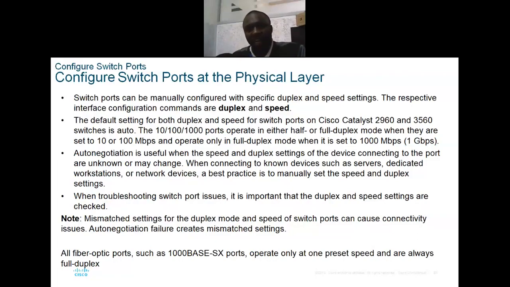Switch ports can be manually configured with specific duplex and speed settings, so you can decide the speed that you want to set up on your network. The default setting for both duplex and speed for switch ports on Cisco 2960 and 3560 switches is auto, meaning that if I pick this cable here